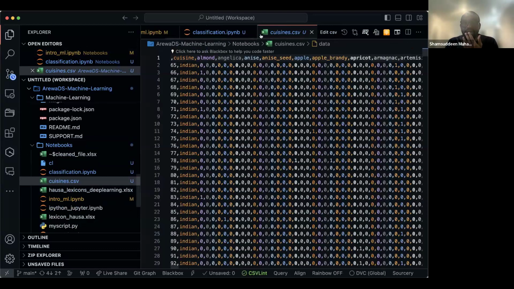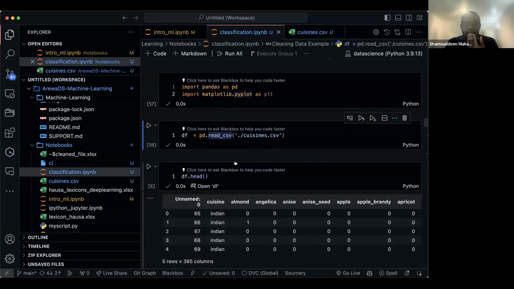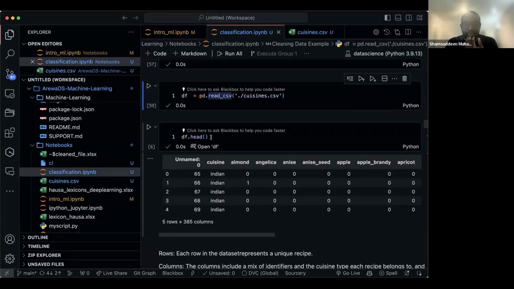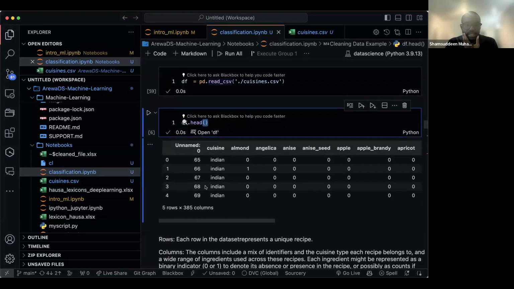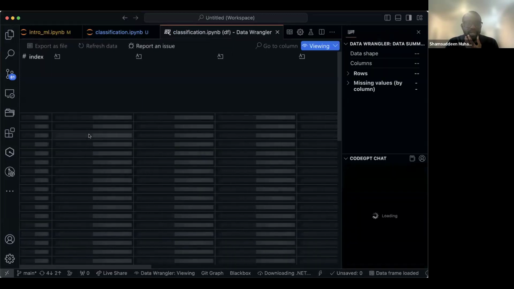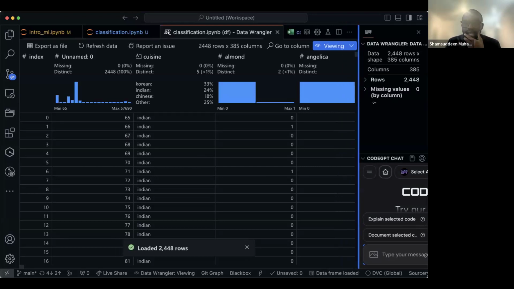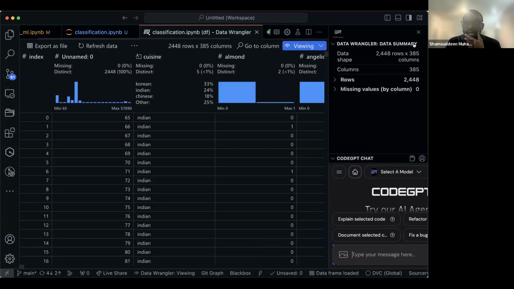Okay, so this is my file, cuisine.csv. And for example, here you can see I use df.head() to see the data set. So this is the data set, but here you can see I have some extension here where I can open this data to just view it here as well. This will allow me to view my data set. This is a kind of graphical representation,